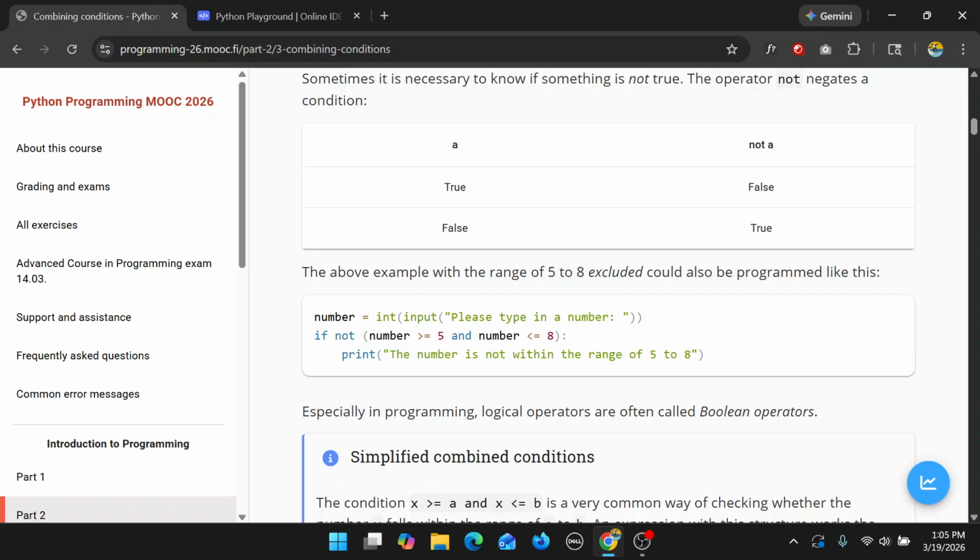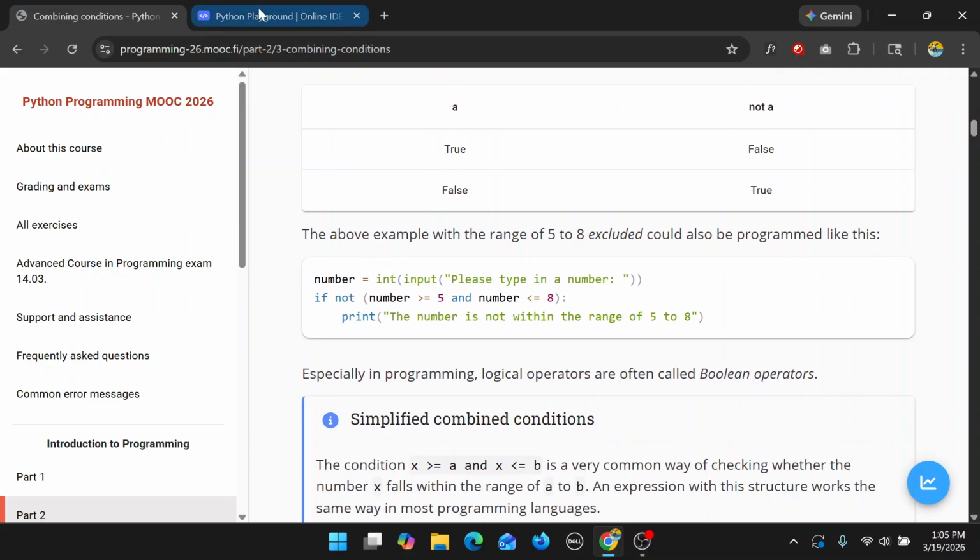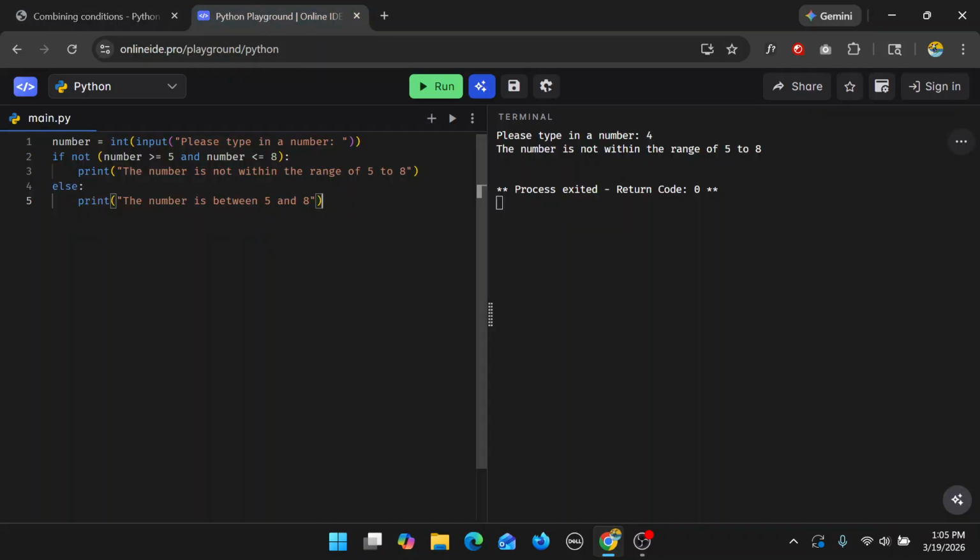So basically, if this is false, that's exactly what we're saying. I think that's an easier way for me to say it. We're basically saying, if this is false, then print this. Otherwise, don't do anything. But it's easier to see it working when you have an else statement here telling us what should be printed if it's false. So we're saying, if this evaluates to false, then say that the number is not within the range of 5 to 8. But otherwise, which would mean that this does evaluate to true, then print this. So when we plug in 4,